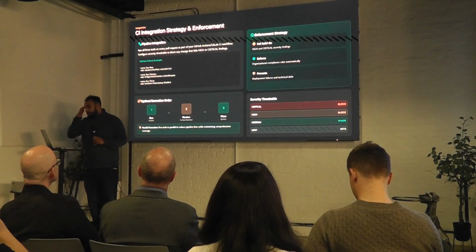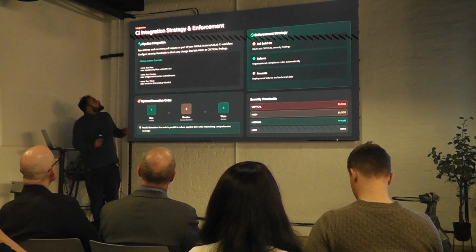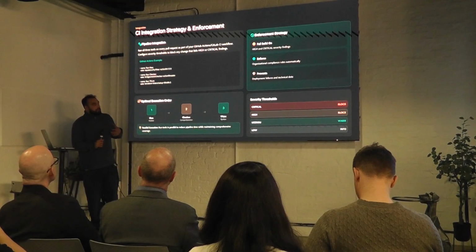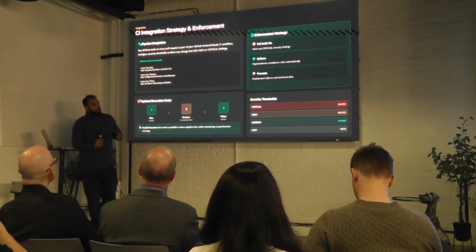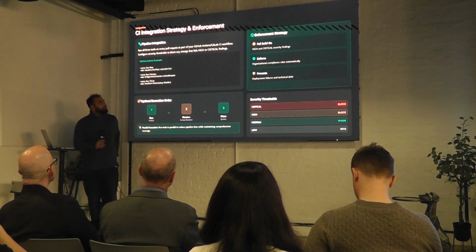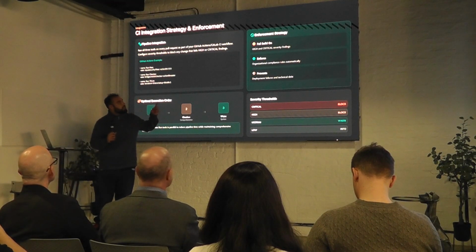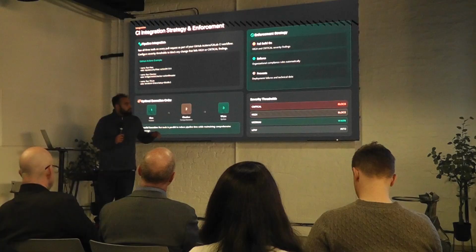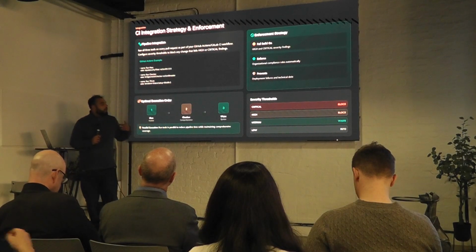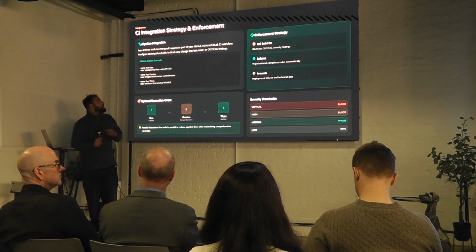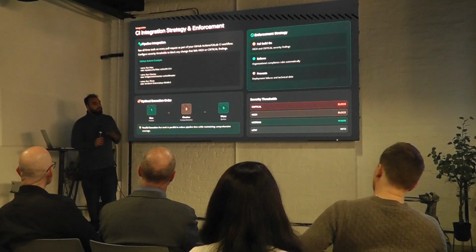And then CI integration strategies for enforcement. Run all three tools on every GitHub Action. It can be time consuming, but in the long run, you're doing all the heavy lifting now so later on you can have the benefits of it. Enforcement strategies: built-in, enforce, prevent, and then severity thresholds: critical, high, medium, and low. One of these is just to make sure that nothing sensitive goes out.